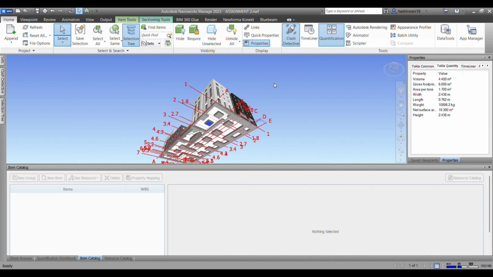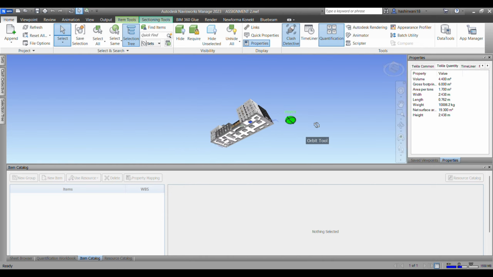Now two things happen here. First of all, we need to create a schedule. We can create a schedule using this quantification, right? We can create different BOQs, material schedules, costs, and other parameters that are useful to estimators, planners, and project managers. So we can do all of this, but the problem arises when the model that we have imported here in